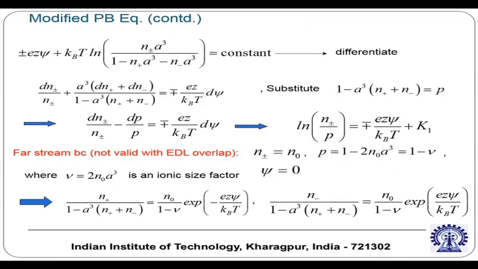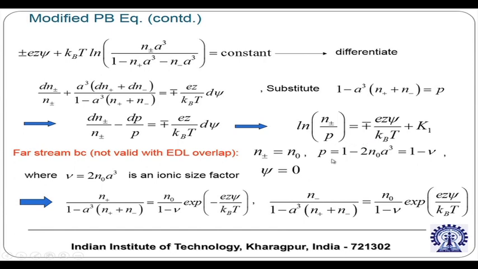So the modified Poisson-Boltzmann equation: this is equal to a constant, the potential is constant. Now you differentiate that and set it to 0. To do that you will get this, I am not going into the algebra, I am just giving the concept. Then you can make this substitution, just for algebraic understanding, and you get this nice differential form, a logarithmic form